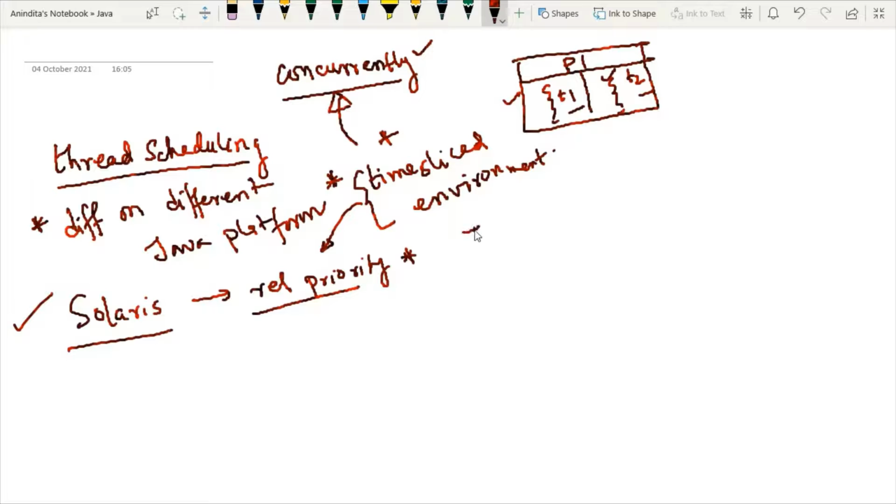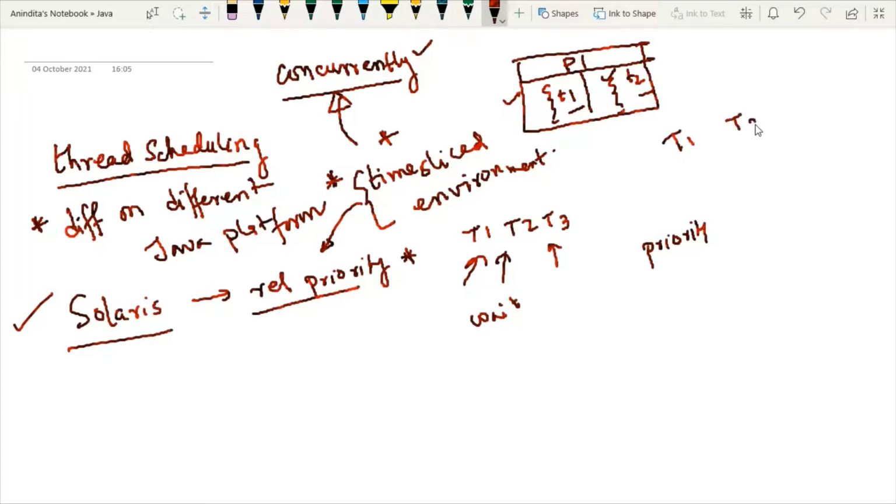Each and every thread which is executing in parallel will be assigned some sort of priority, or you can say some sort of number. Low priority means a less important thread. And what is the significance of a less important thread? It has to wait a lot. It has to wait for its task to be performed whenever a high priority thread is executing.